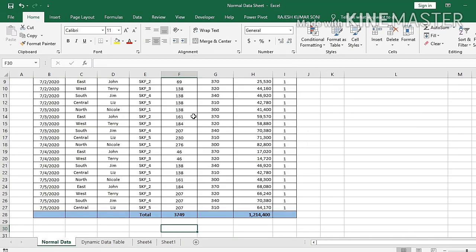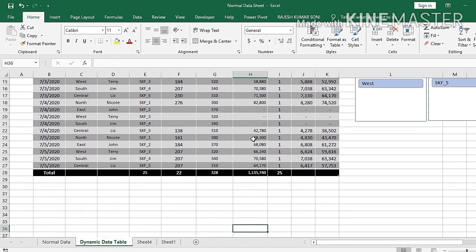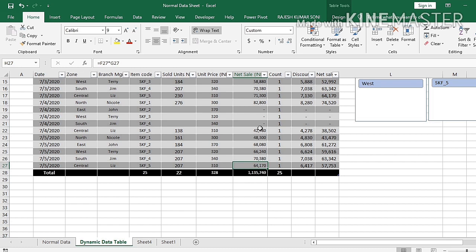Suppose you are in normal data and you are at the bottom and want to check what this number is. So you cannot see the header of the table. Either you can do it with the freeze function in Excel, but in the case of a dynamic data table you need not work on that. You simply go down and you can see the header on the top always.